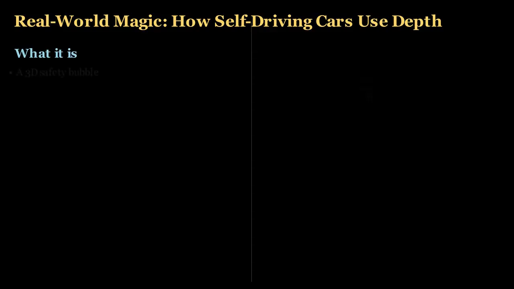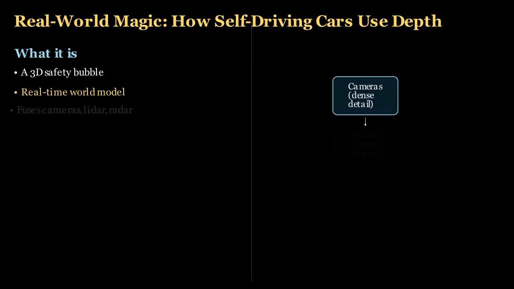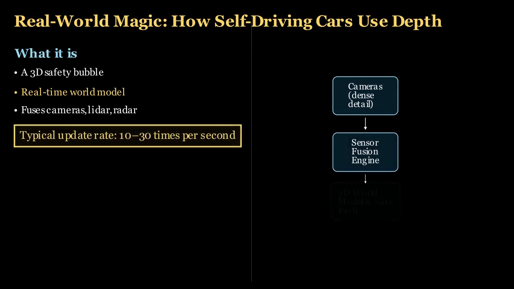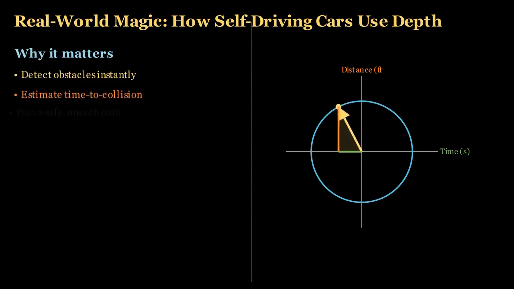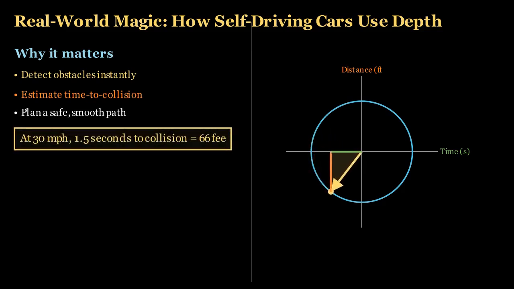A self-driving car builds a live 3D map of everything around it: cars, people, curbs. Think of it as an invisible safety bubble that constantly asks, how far is that thing, and how fast are we closing in? It fuses the dense color. Knowing depth isn't just about seeing, it's about surviving. The car must spot a child running onto the road and brake in time. It calculates the time to collision by tracking how quickly an object grows bigger in the image, using the same